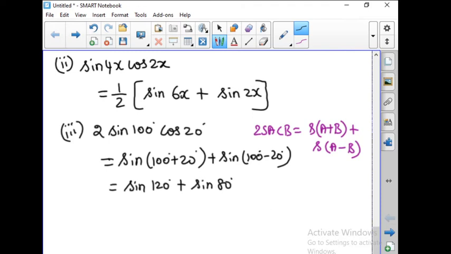Okay. So next problem, it is cos 5 theta cos 2 theta. So with cos 5 theta cos 2 theta, what will you do? You have to take this as cos A cos B, and we are going to apply that formula. So let us go with the cos A cos B formula. What is the cos A cos B formula? Can you recall, students? What is cos A cos B?